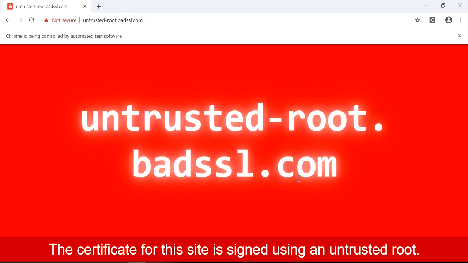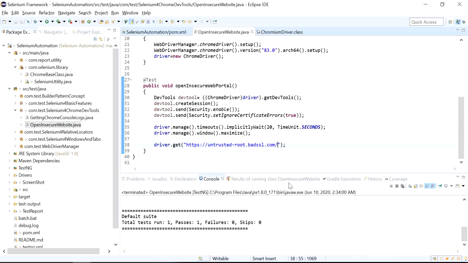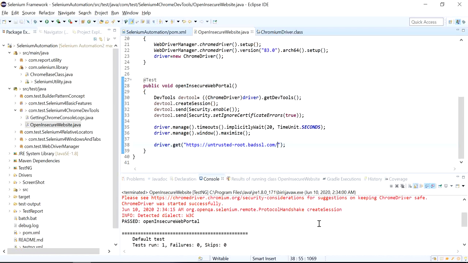We can see untrusted root badssl. I'm able to open this web portal. So if you want to open any insecure website where you are seeing some certificate issue, then we can leverage this DevTools feature of Selenium 4.